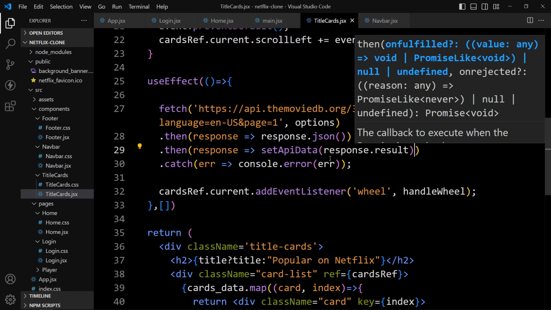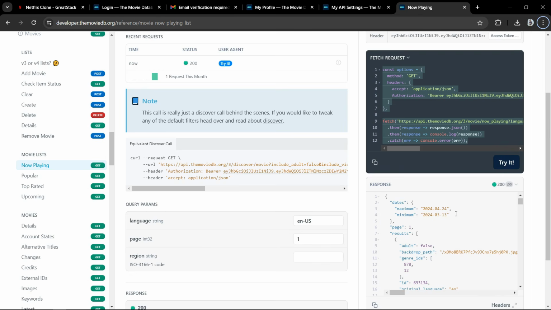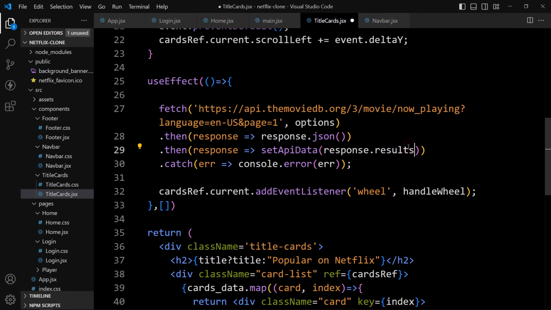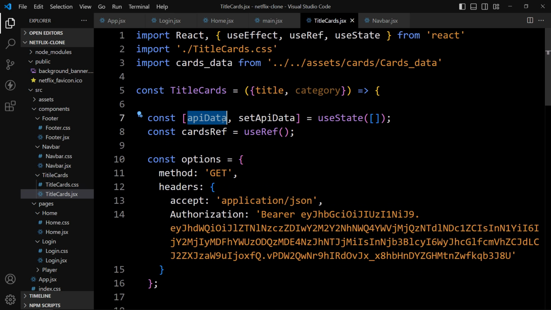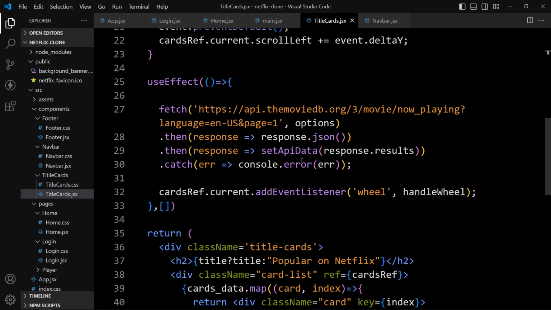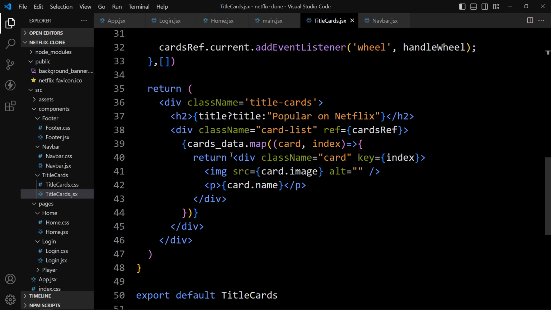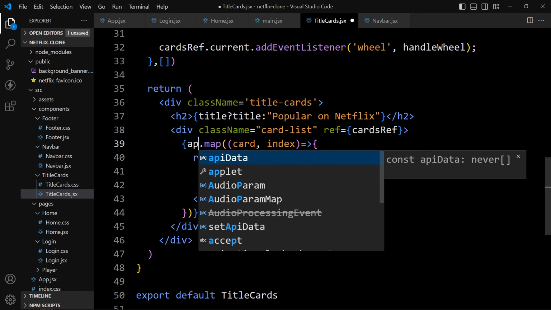Like this. If I come back to the website again, you can see here we are getting results. It is S. So we will update it here, results. Now we will get the API data in this state variable. Now using this data, we will display the movie information. So here we are using cards data. So instead of this, we will add API data,